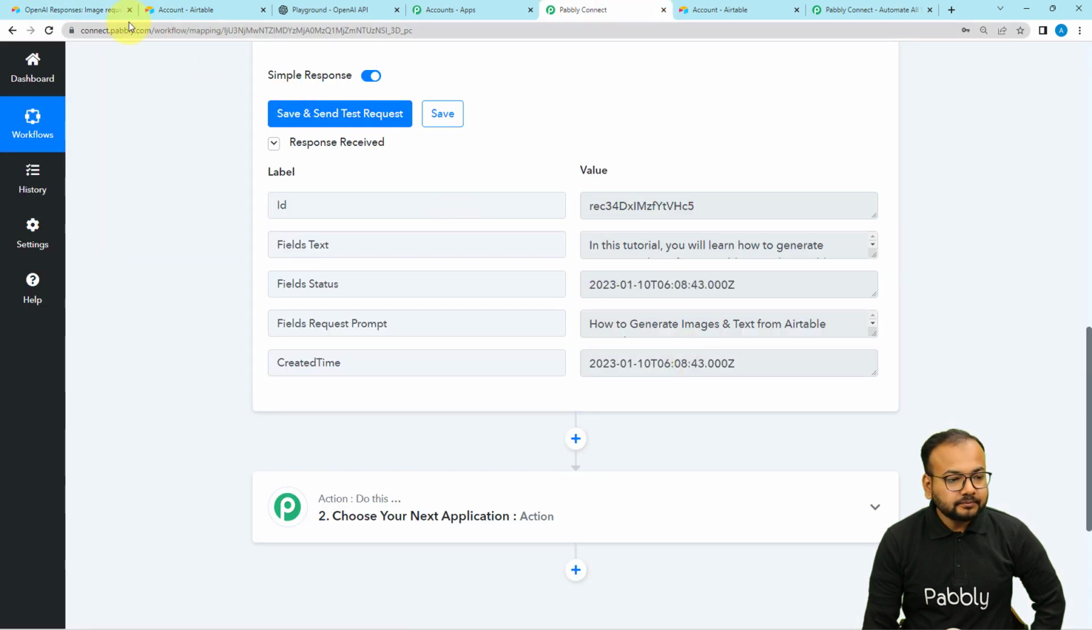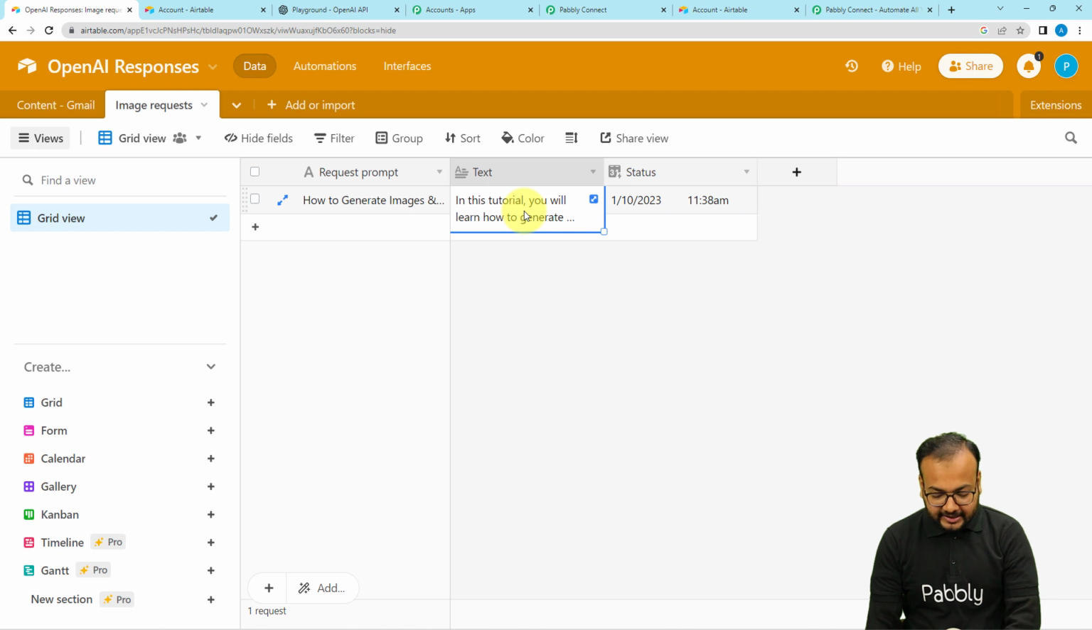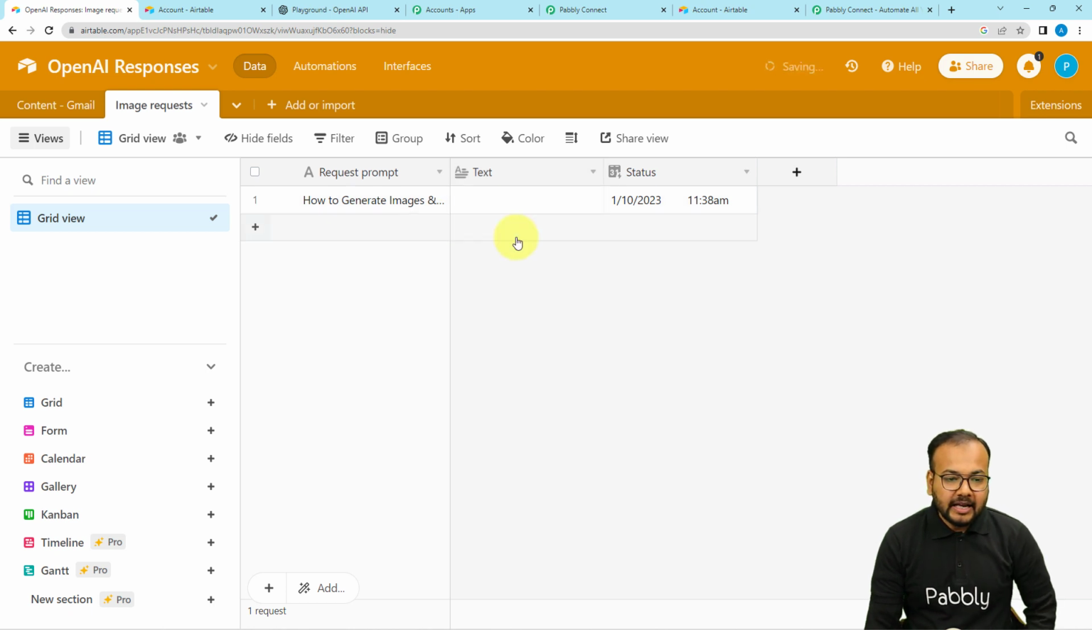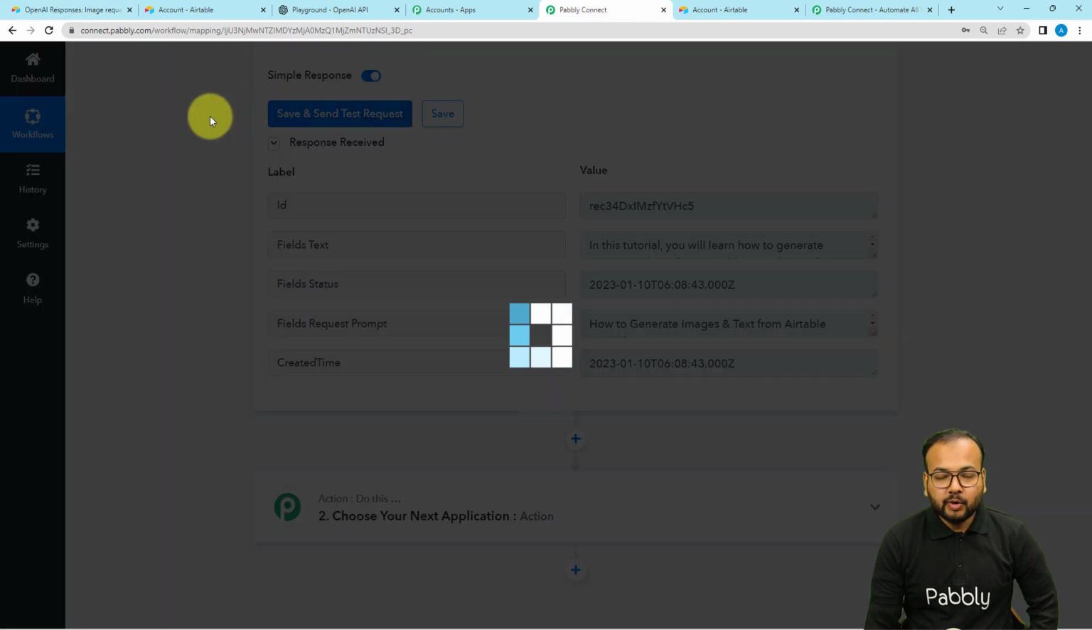Okay, and we have received the text as well. But guys, we want to generate this text according to this prompt. So I have already tested this automation and already generated it, but let me just erase this field. Okay, and I'm going to show you how we have generated the text. So let me click on save and send test request one more time and capture the data of the request